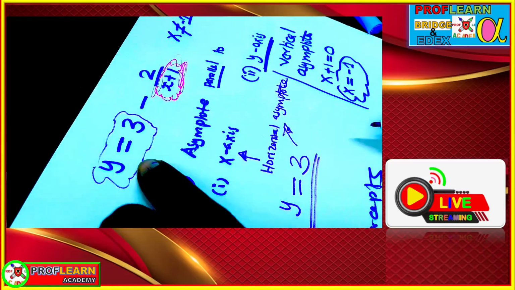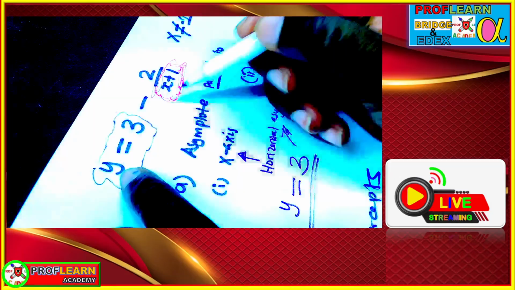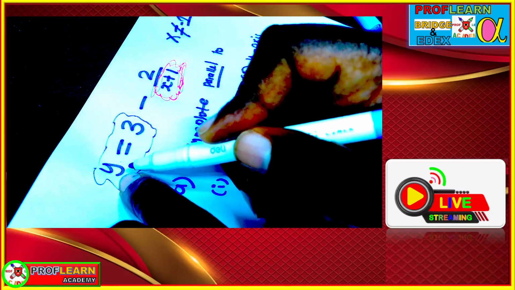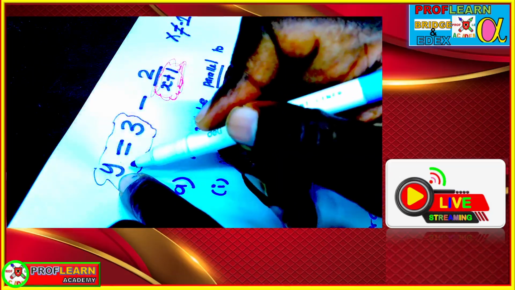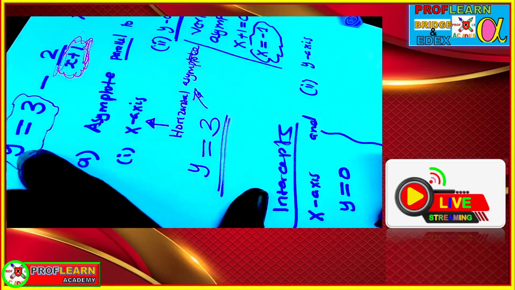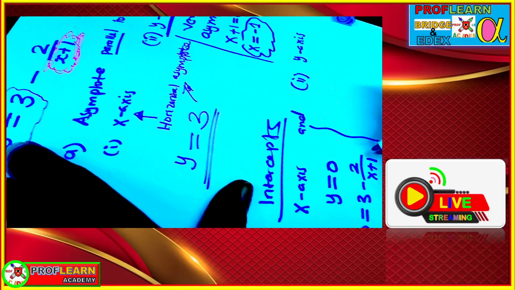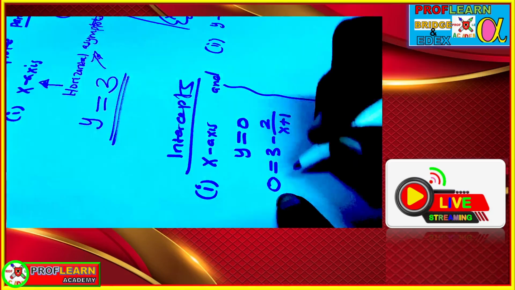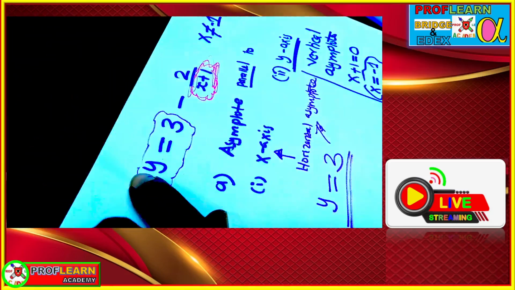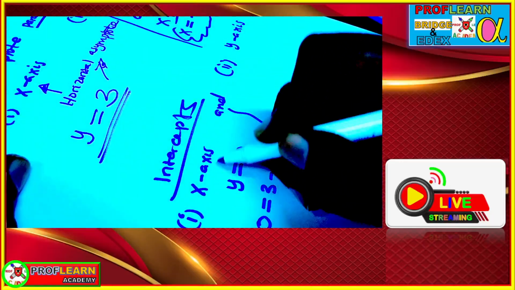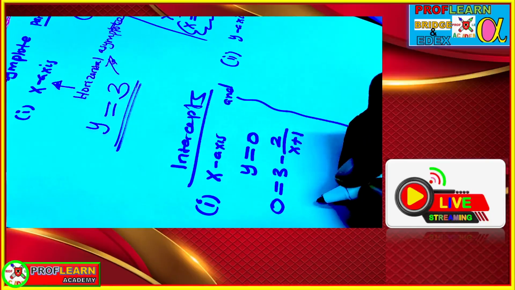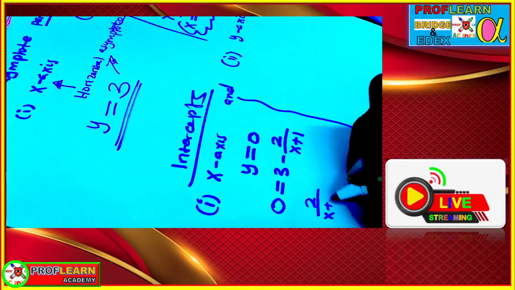Then in that way we are going to substitute, replacing y with 0 at this particular point, so we are going to have 0 is equals to 3 minus 2 over x plus 1. So this is going to be 2 over x plus 1